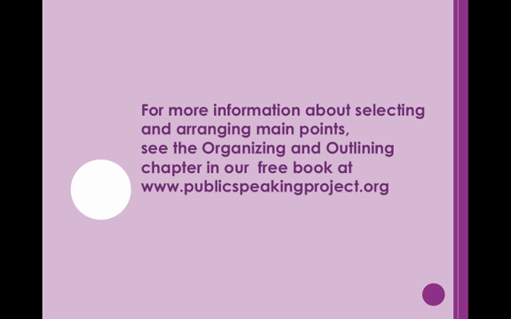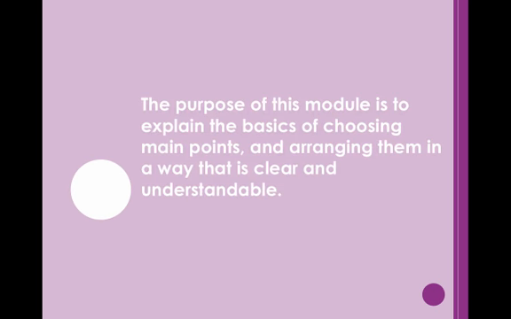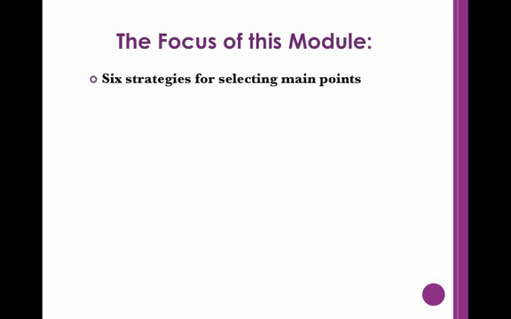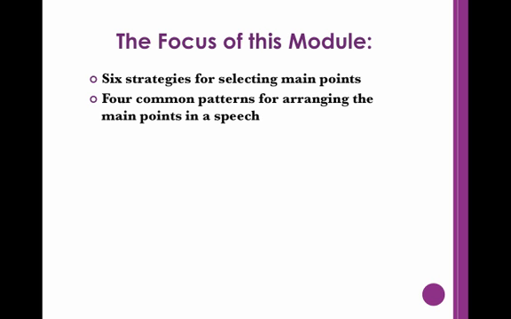main points. For more information, check out the chapter called Organizing and Outlining in our free online textbook, Public Speaking, the Virtual Text, at www.publicspeakingproject.org. The purpose of this module is to explain the basics of choosing main points and arranging them in a way that is clear and understandable. First, we will focus on 6 strategies you can use to effectively select your main points. After we talk about how to select your main points, we will discuss 4 common patterns for arranging the main